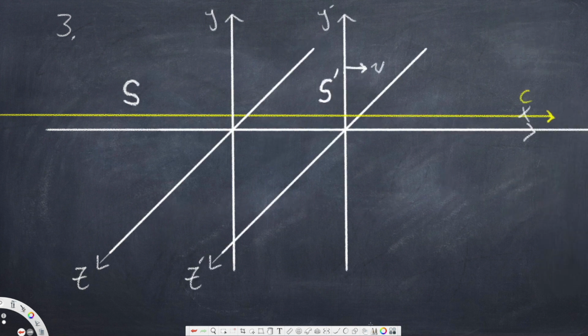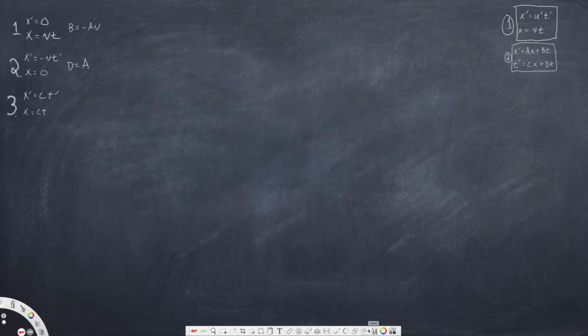3. If the object were a beam of light, Einstein's second postulate demands its speed be c in both frames. So equation 1 becomes x prime equals the speed of the object, whose velocity is c, and its time t prime. The position in x would be then c times t. If we plug these into our equation, which started with x prime equals ax plus bt, in this case we get ct prime equals